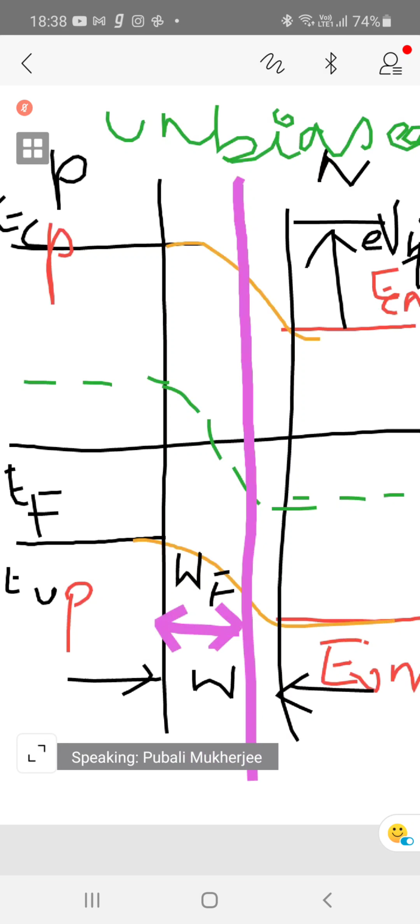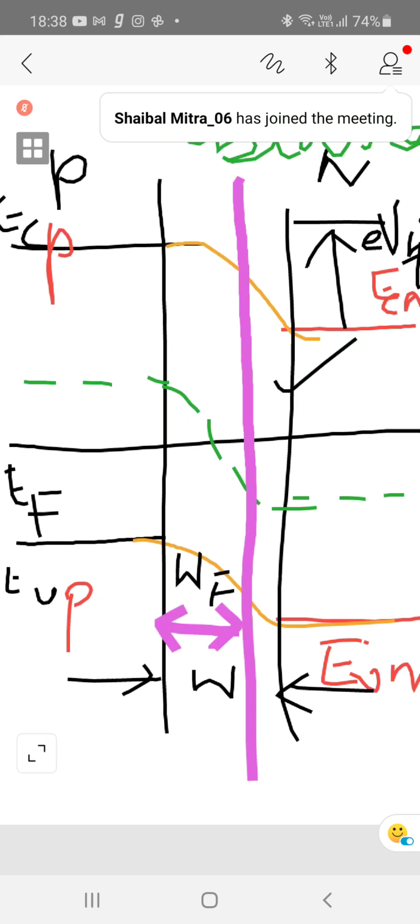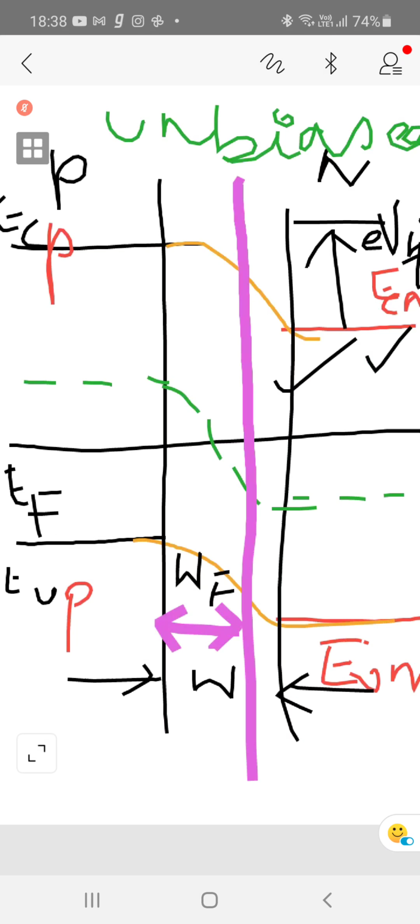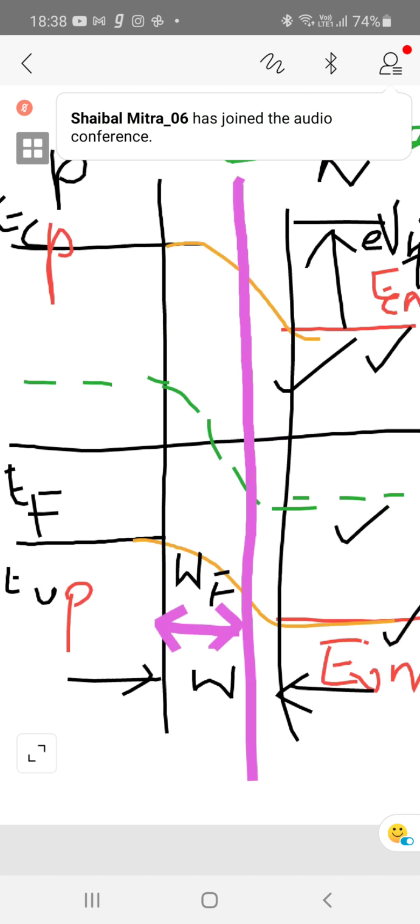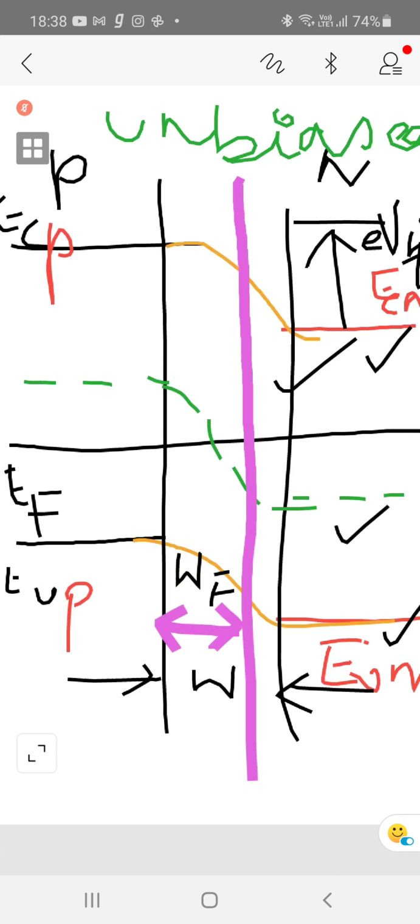Now, therefore, you must make the energy band diagram continuous. If you see the purple line and this black line, they are a distance apart, and it is making these energy bands discontinuous. If you think with respect to the purple line, what should happen? Strictly speaking, if they have to be continuous, then